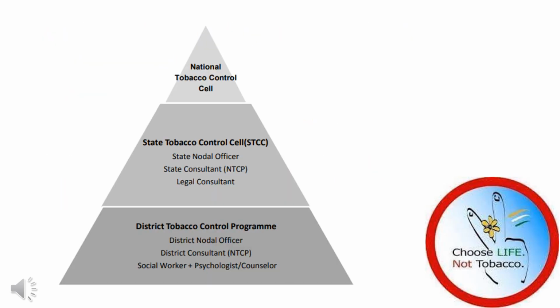The National Tobacco Control Cell, NTCC, is a government office in New Delhi that plans, implements, and monitors the National Tobacco Control Program, NTCP. The NTCP works at the national, state, and district levels. The NTCC provides operational guidelines to state governments and district administrations. Tobacco control at the district level, that is District Tobacco Control Cells, DTCCs, are established to implement and monitor tobacco